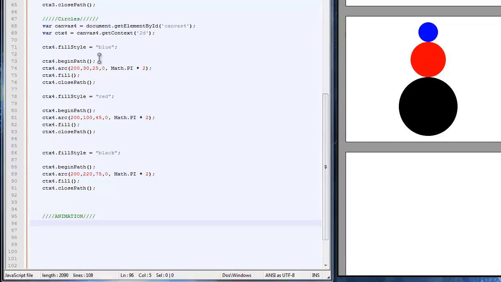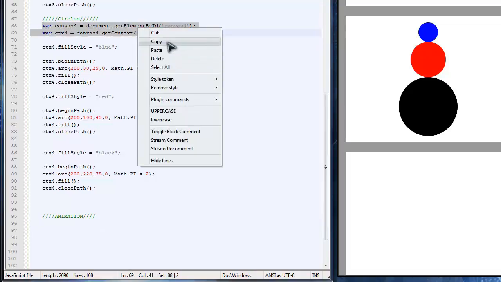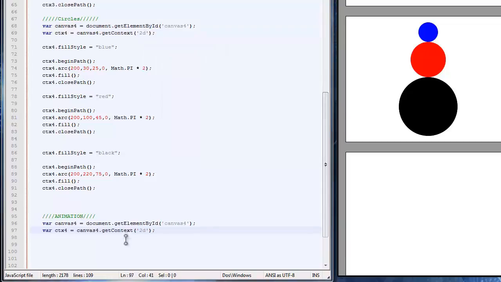So again, we're going to grab the variables, and this will be canvas 5, context 5, the ID was 5. Okay. Now,